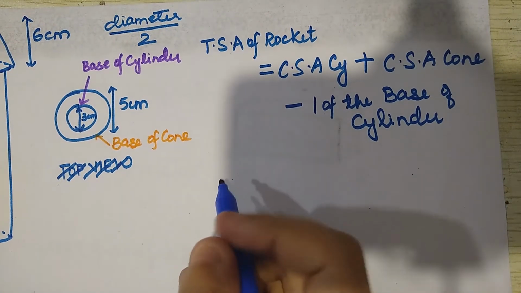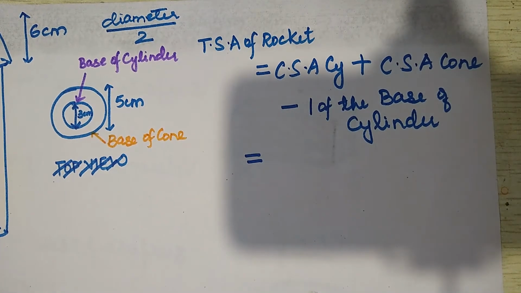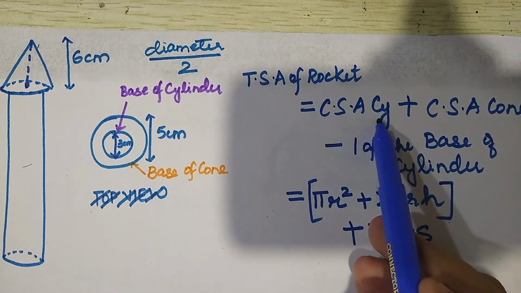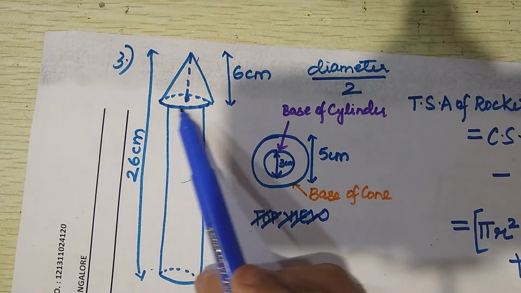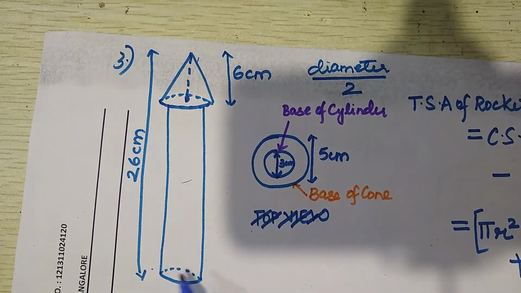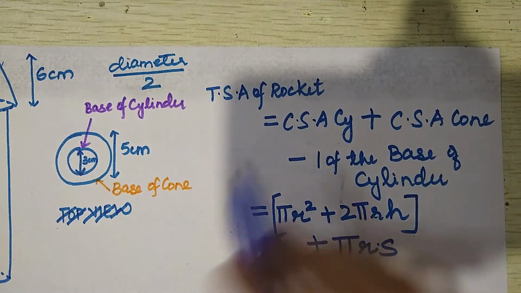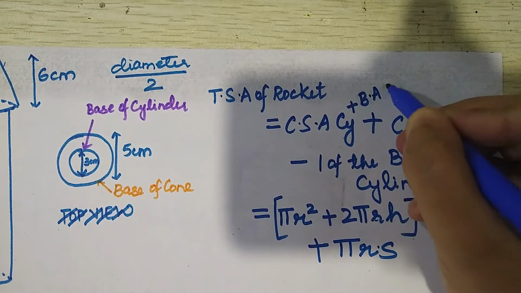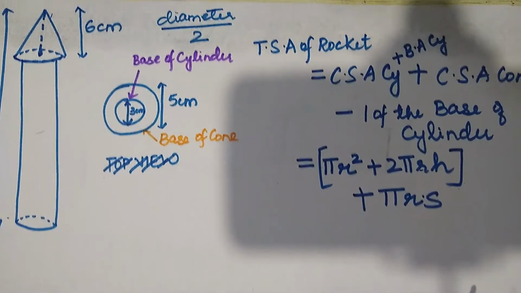So now we'll be doing the calculation. So for the curved surface area of the cylinder, we'll have to rethink about the formula again. So you see here, curved surface area of the cylinder only includes this curved part. Okay, this whole region will be the curved part, right? This base is not a curve. It will be just a surface area. So when you're writing this formula, the curved surface area of the cylinder plus the base area of the cylinder will have to be included.